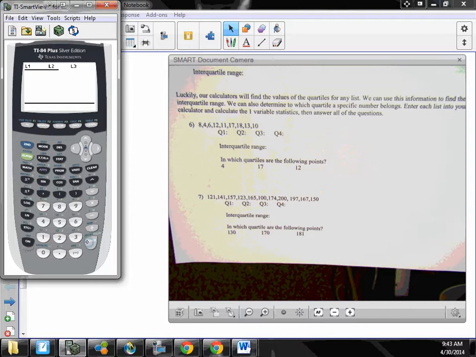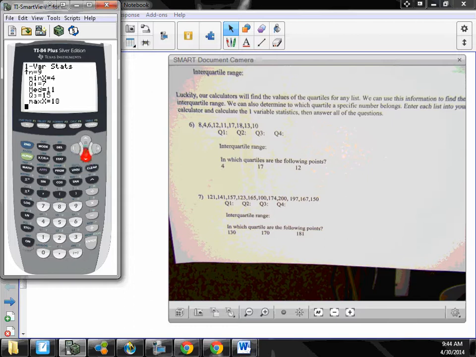And then do one variable stat. What is x bar? The mean. Which one of those numbers represents the standard deviation? Little sigma x, lowercase sigma x. And then if we scroll down,